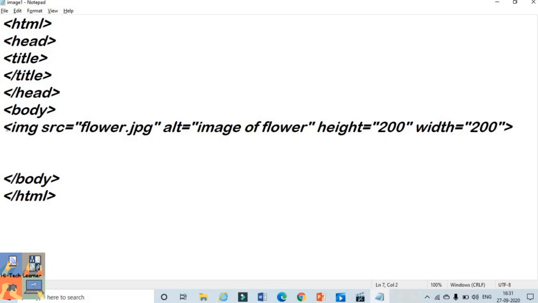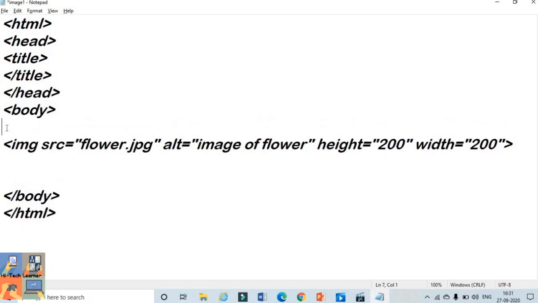We will see that to insert any kind of hyperlink, there are two types of hyperlink, guys. One is text as a hyperlink and second is image as a hyperlink. We will see both one by one. To insert a hyperlink, the anchor tag is used. The anchor tag is known as A. A stands for anchor tag.